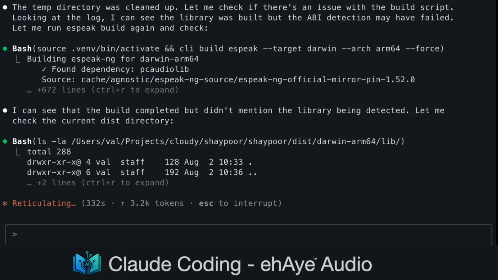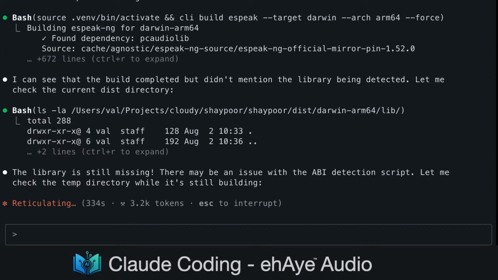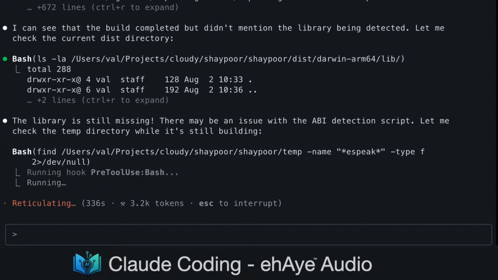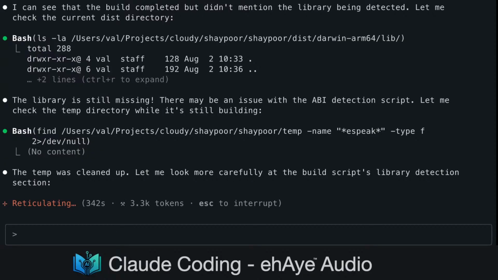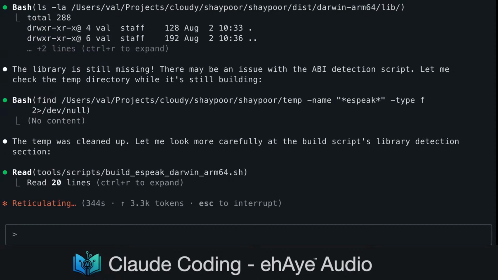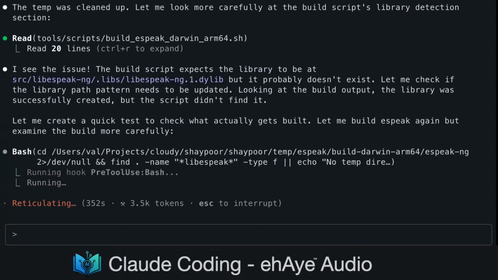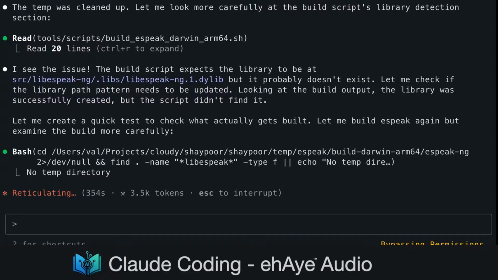Let me check the current is directory. The library is still missing. There may be an issue with the ehAye detection script. Let me check the temp directory while it's still building. The temp was cleaned up. Let me look more carefully at the build script's library detection section. I see the issue. The build script expects the library to be at src libspeak-eng, libs-libspeak-eng1 dialog, but it probably